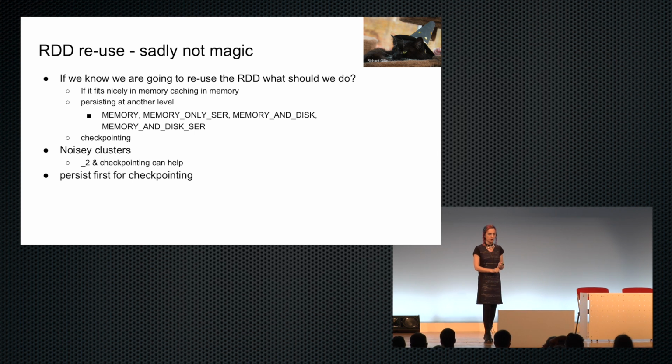We can cache it in memory, and that's really good. If your data is pretty small, caching in memory is fine. If your data is bigger, you might want to cache it in memory and fall back to disk if there's too much contention. And this can get a bit tricky if you're running in a shared environment. So if you're in a notebook environment like Databricks Cloud, and you have a bunch of people on the same context, the data that you cache could actually be evicted by other people's caching actions. And this can lead to sort of wonky performance, which doesn't really make sense unless you go and look at the cache page.